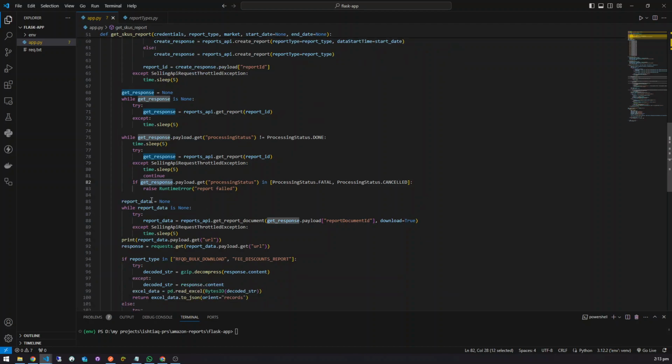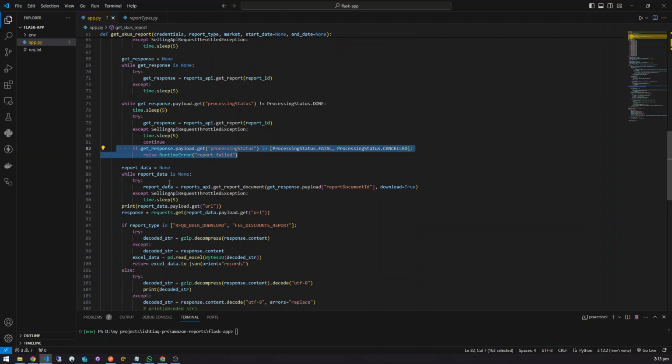And here we have also entered the failure exception handler. If our API is throttled, or our processing status is fatal or cancelled, we just log that it failed or move to the next. So for the report data, if the report data is not none, then we get the report data from the API response,